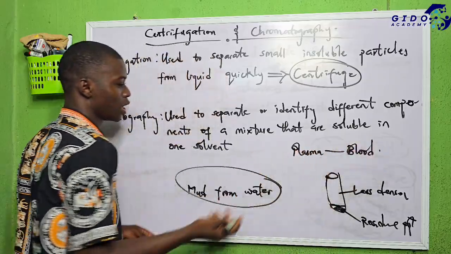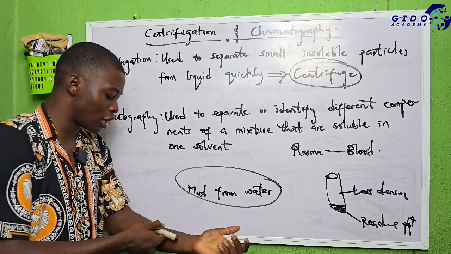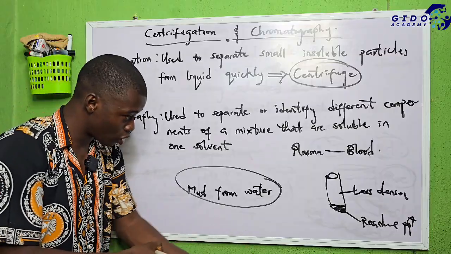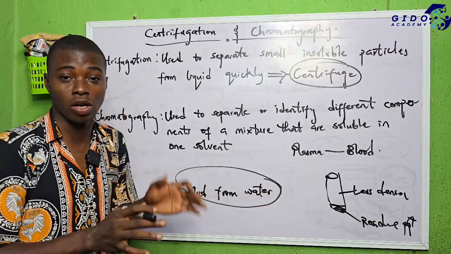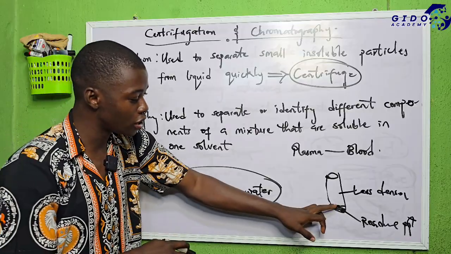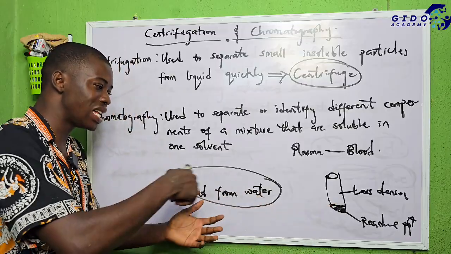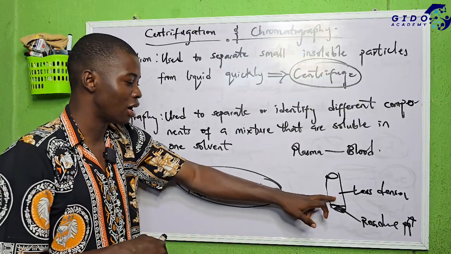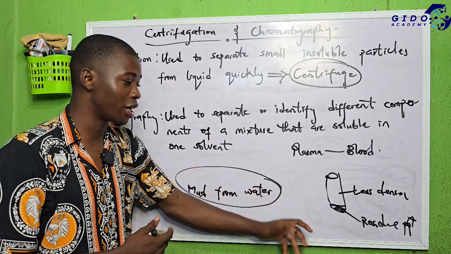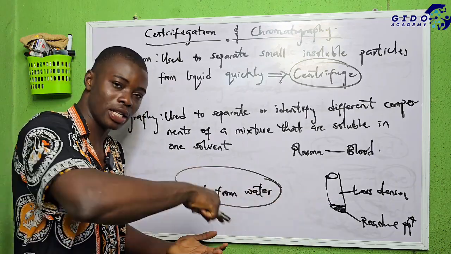And you can as well use this to separate plasma from blood. You take the blood sample from your body and put it in the test tube, not the beaker, in the centrifuge. I'm not saying you should try it, I'm just telling you how it works. So once it starts spinning,